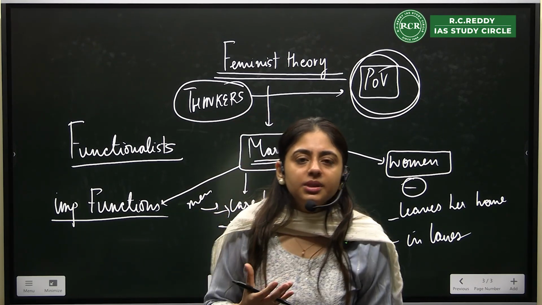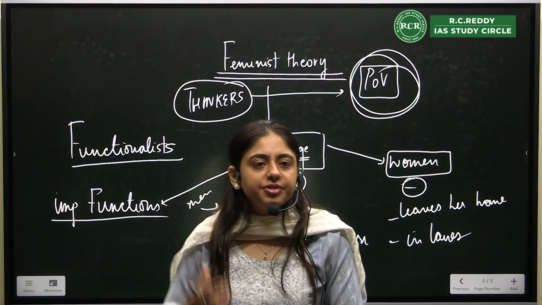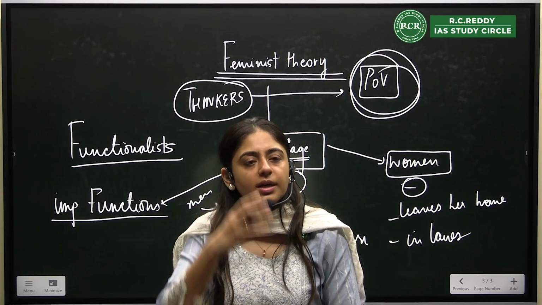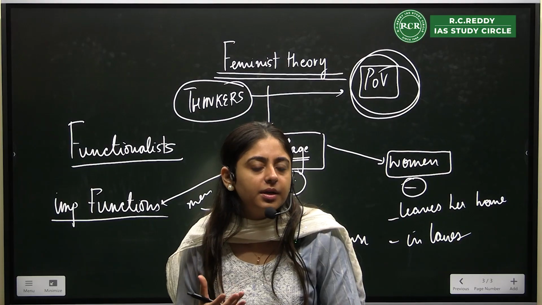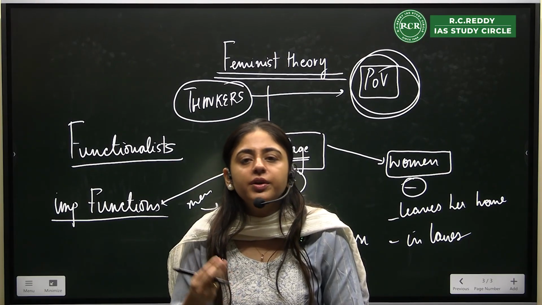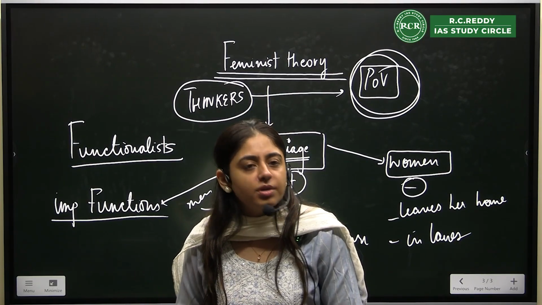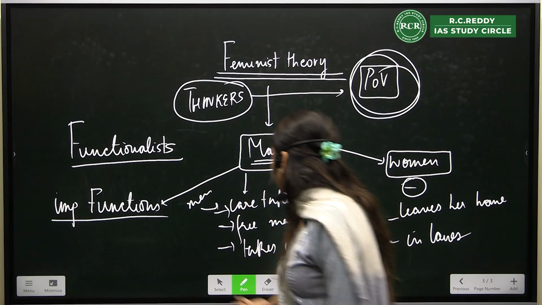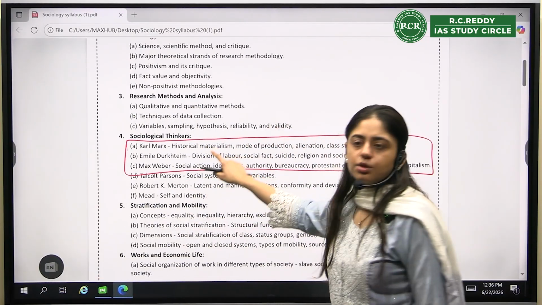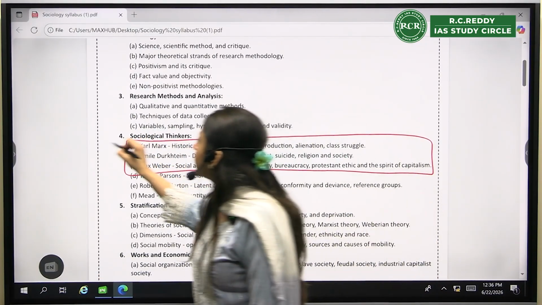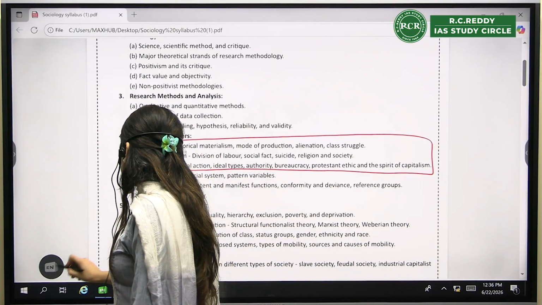Before we start with the thinkers, I will give you a classification. There is a whole classification about different points of view, which we'll be naming as different theoretical strands in sociology. So before we start with sociological thinkers, we will be doing a classification